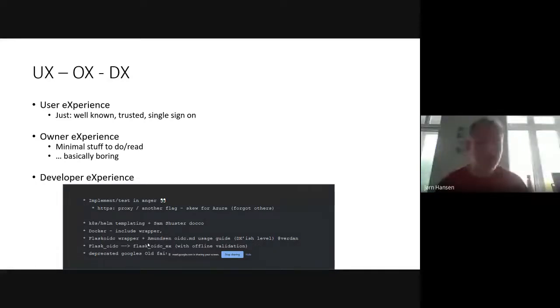Azure login. I had to switch to a different OIDC Flask OIDC wrapper, which is an extended one with offline validation, because there's not a validation point with Google and Azure. It seems like it is with Keycloak and Okta. Then we go up one level in the stack, and then we have